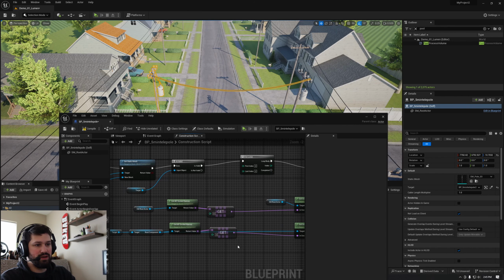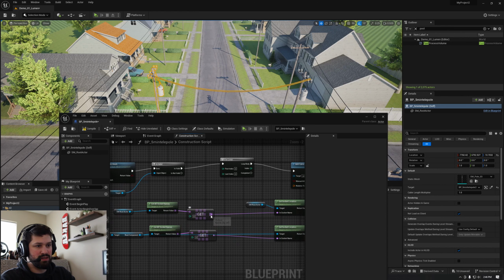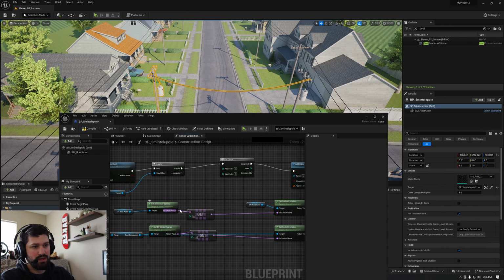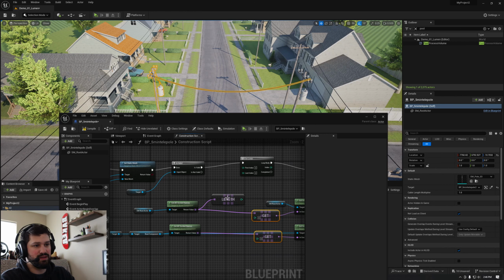So we need to figure out how many times we need to loop through these sockets. So we're going to get the length of each one of these arrays from all the sockets. The array is just going to be a list of all the sockets on that static mesh. So there are 2 different lengths that it could be. So a good way to figure out